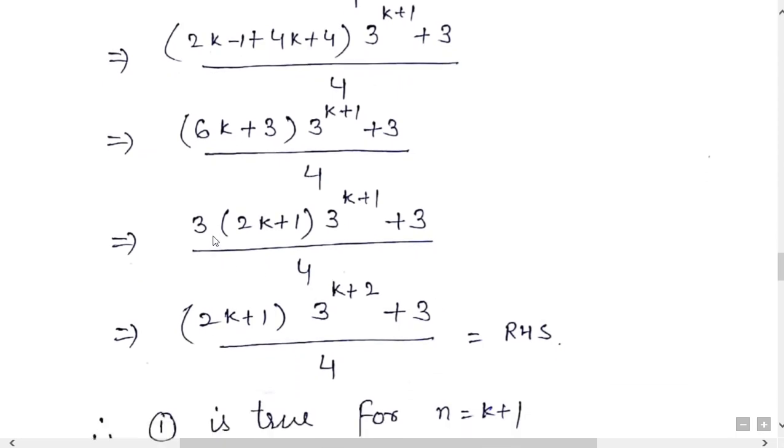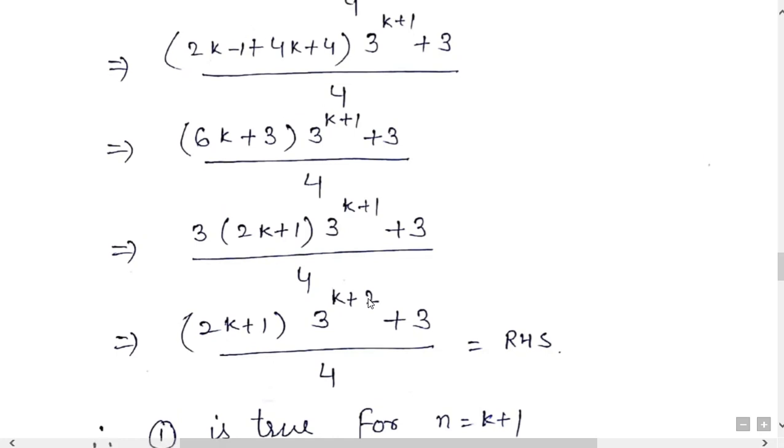Now multiply the first and the third term from the first item. 3 raised to power k plus 2 will be there, because the first term is 3 raised to power 1 multiplied by 3 raised to power k plus 1. The base is the same and you can add the powers. It means 3 raised to power k plus 2 is there. It matches with the right hand side.